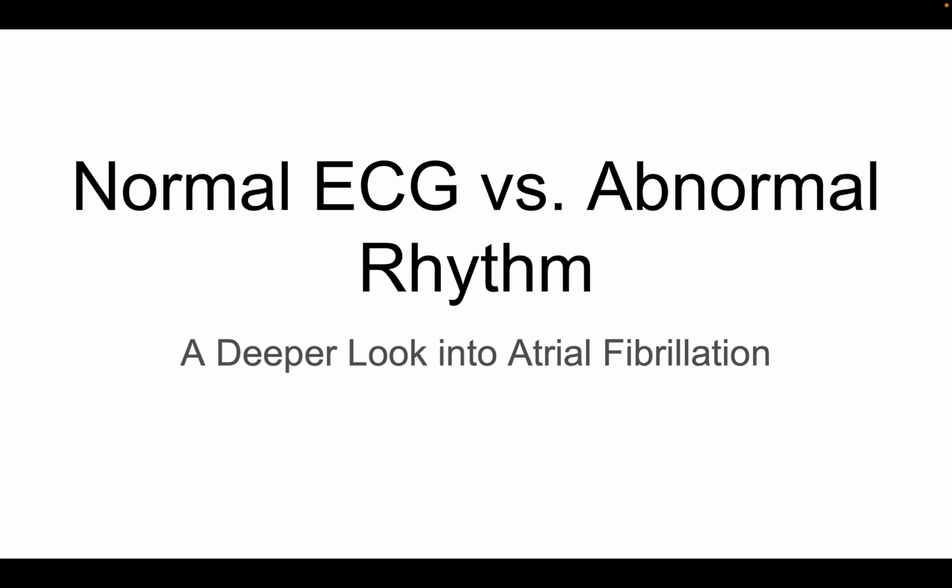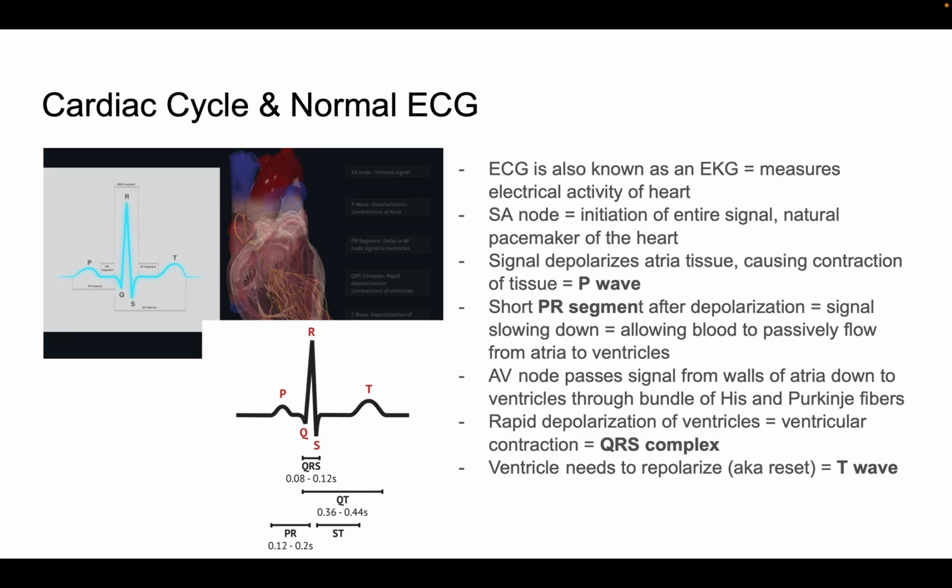would look like in someone with abnormal rhythm, such as atrial fibrillation. So first, an ECG, also known as an EKG, is what measures the electrical activity of the heart. The SA node, which is located in the right atrium, is the heart's natural pacemaker. So it initiates the electrical signal, which then spreads to the atria, causing them to depolarize and thus contract,